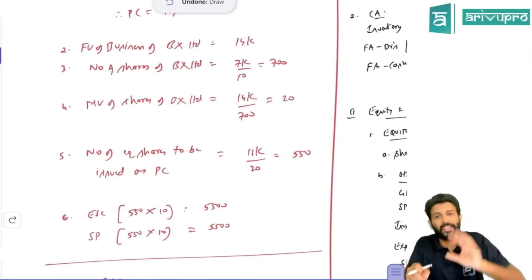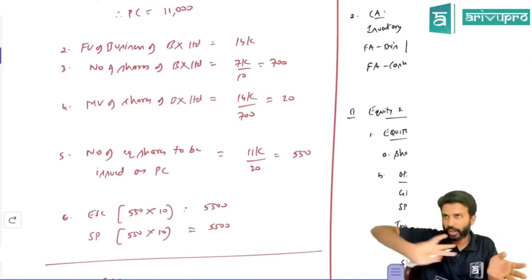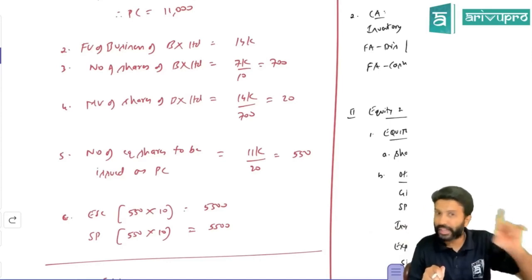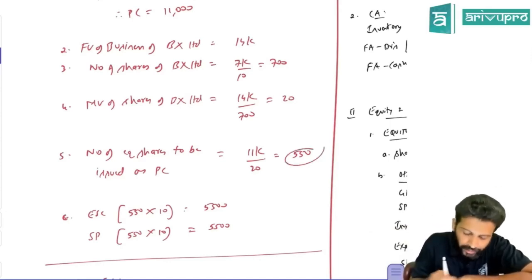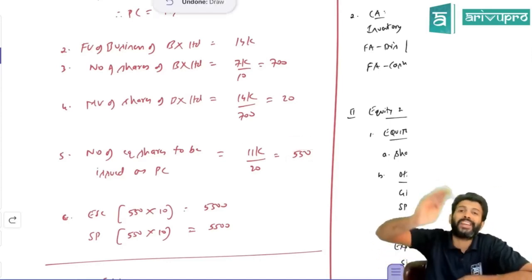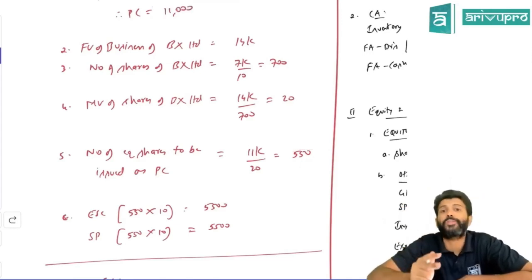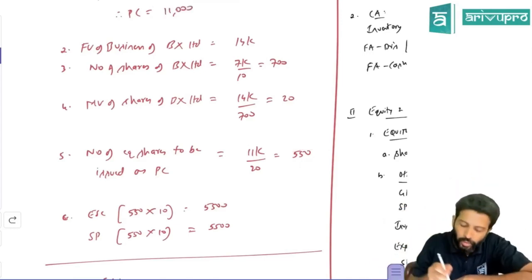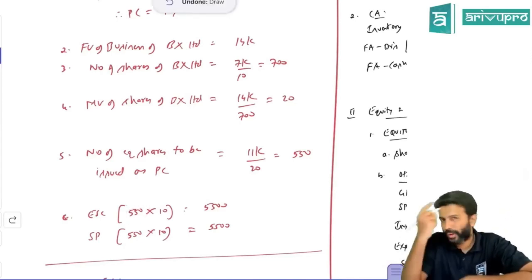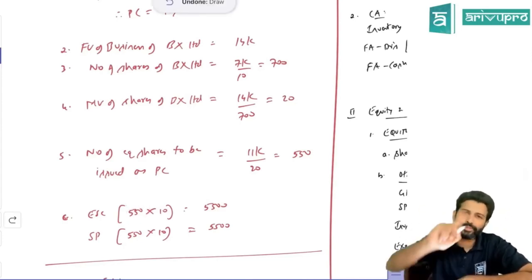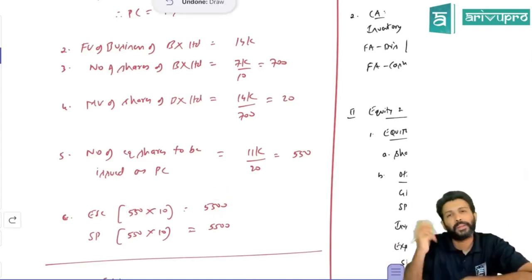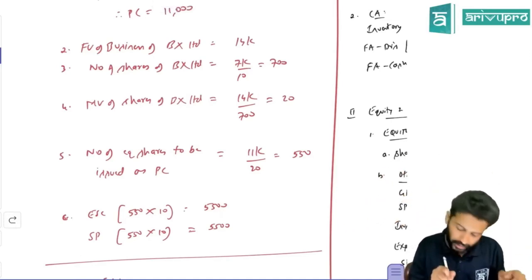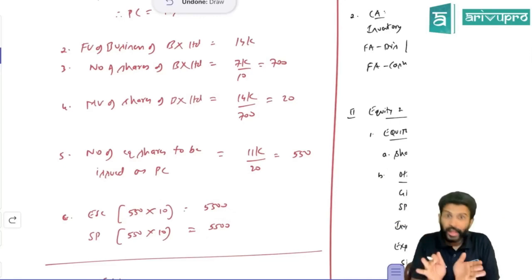All this has not actually happened. This is like substance over legal form accounting. You think that this is what has happened and do the accounting in case of reverse acquisition. So for 550 shares, you have to think that BX has issued to AX at an issue price of market price, which is 20. But the face value of each share is 10. So 550 into 10, because equity share capital is always shown at face value, will become 5,500. The balance element, 10 rupees of premium per share, will be 5,500.